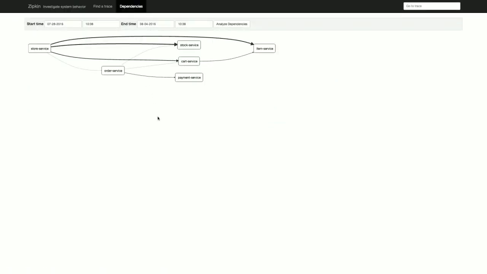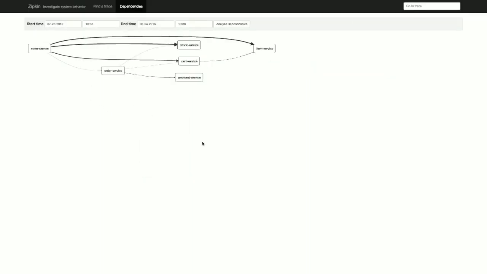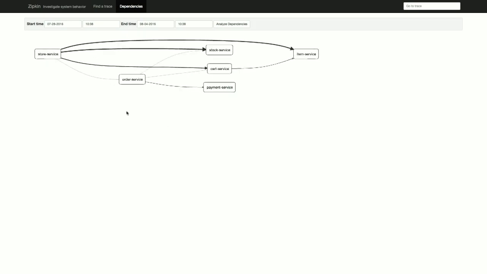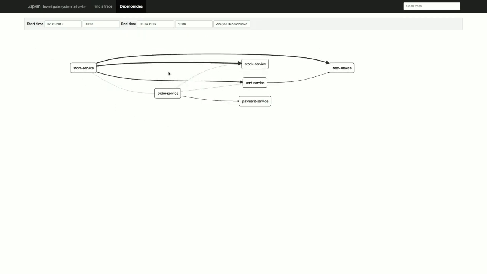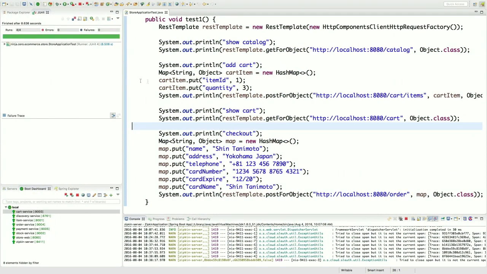And you can also find the dependencies of the services. Store service calls the stock service and the item service, and when I check out, store service calls the order service, and order service calls the stock service, cart service, and payment service. I have no time.